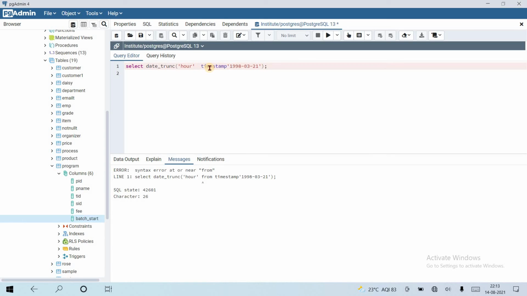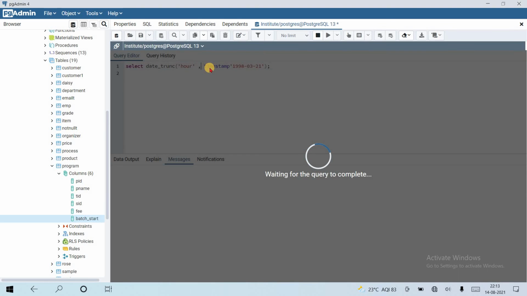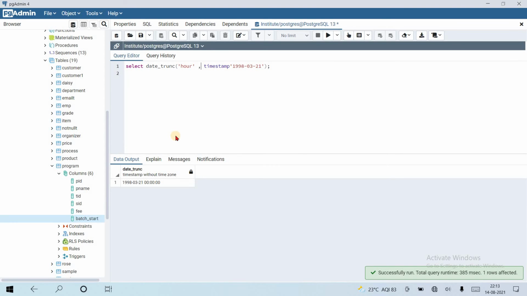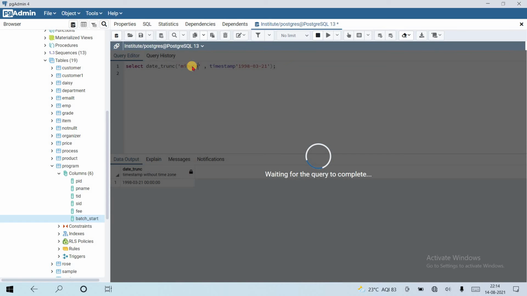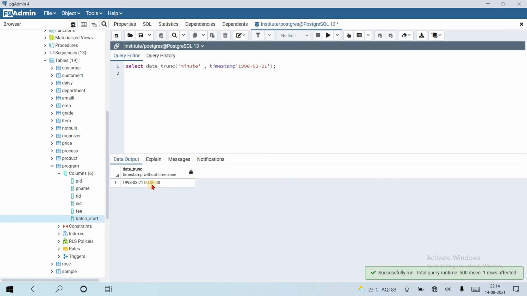Yeah, there is no from keyword. The from keyword is for epoch. Okay, the value is up to the hour, that is up to this. If I include minute here, then you can see the result, the value is up to, oh sorry, we need to specify something here.